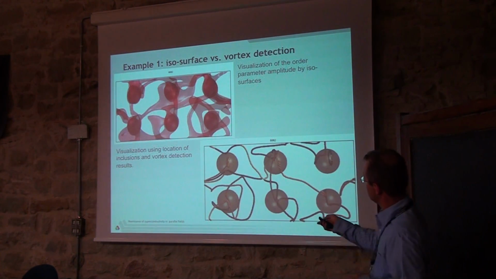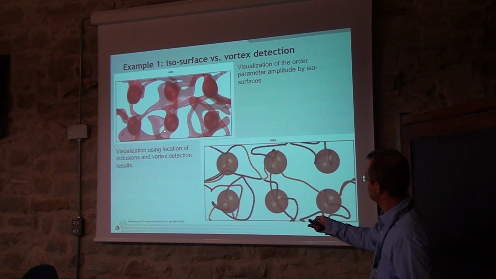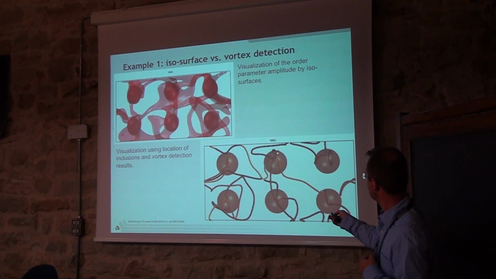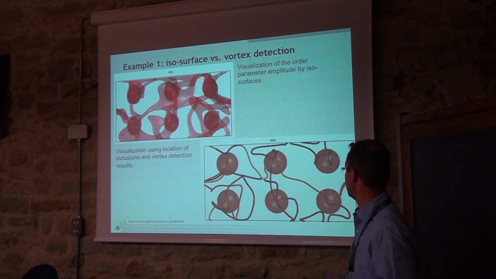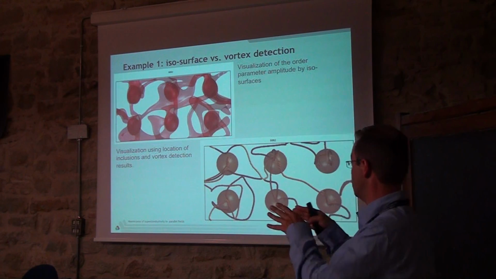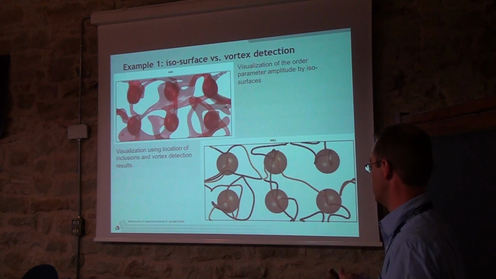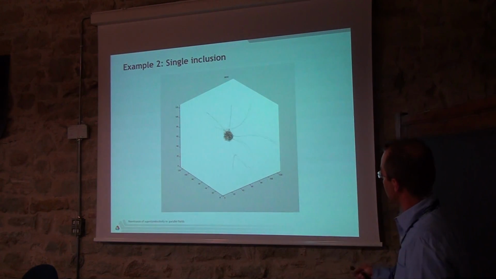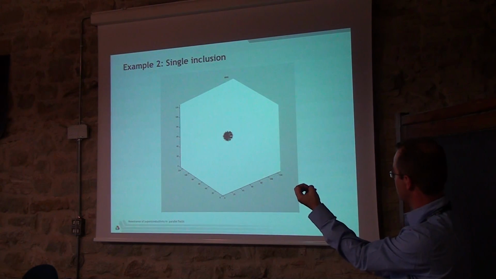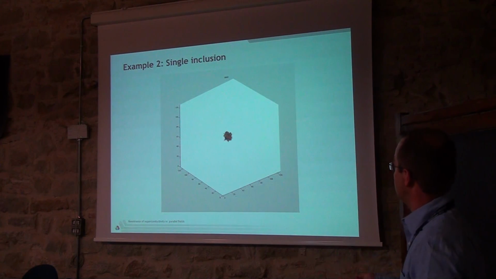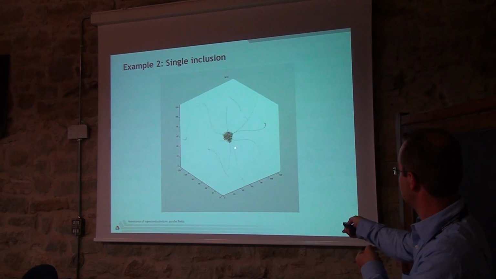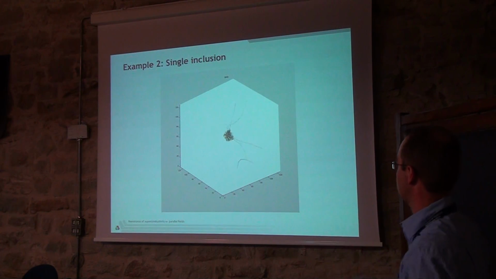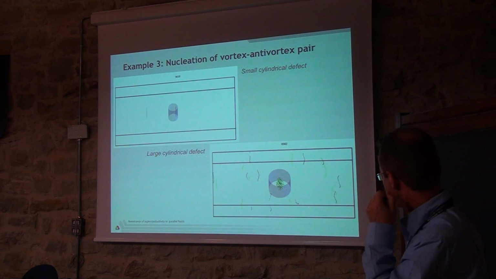Here is just a comparison between isosurfaces, where you don't see much detail, but if you do the vortex detection, you can actually see the vortex lines, even what is happening inside, down to the point where your order parameter amplitude is below a certain threshold. This here is just an example of a single inclusion in the center. And then you see these are just noise phenomena because we cannot resolve anything anymore, but in the beginning you see a lot of